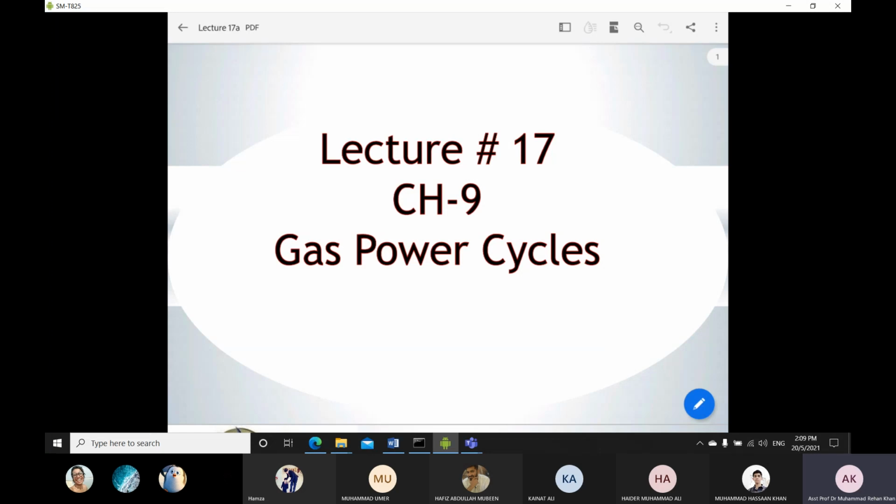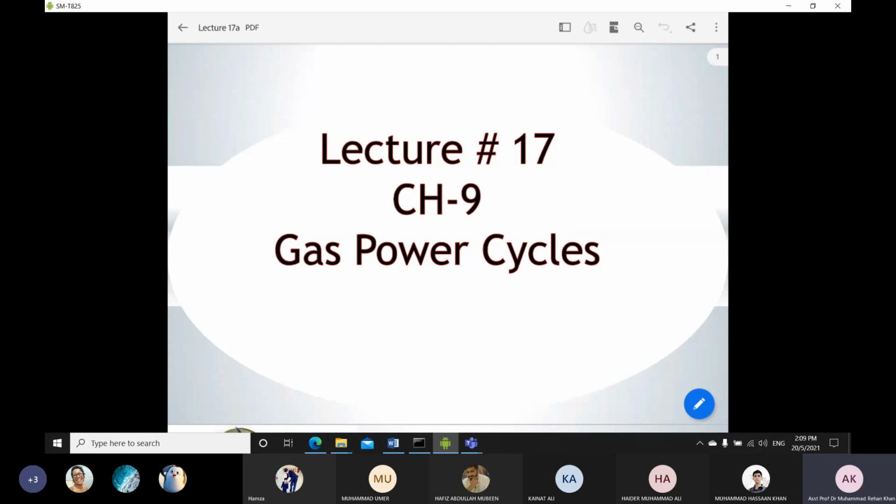But there are some types of engines which use rotary motion rather than reciprocatory motion. These engines which use rotary motion are called gas turbines. Gas turbines are another type of gas power cycle which you commonly see in your jet aircraft, and which is used for producing the power or producing the lift for your